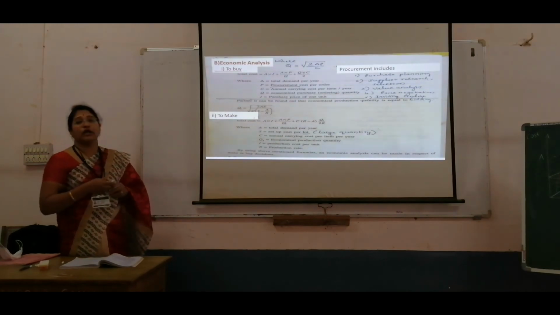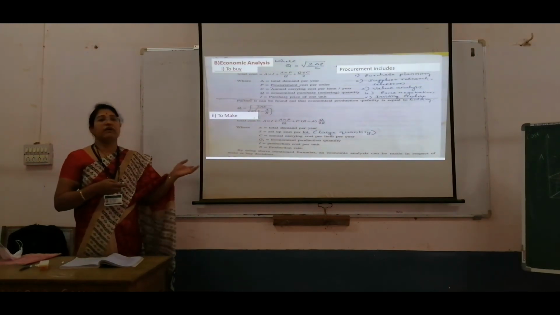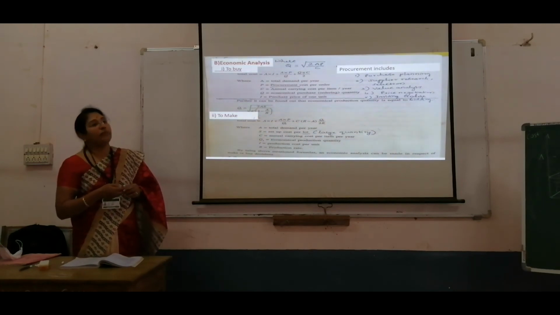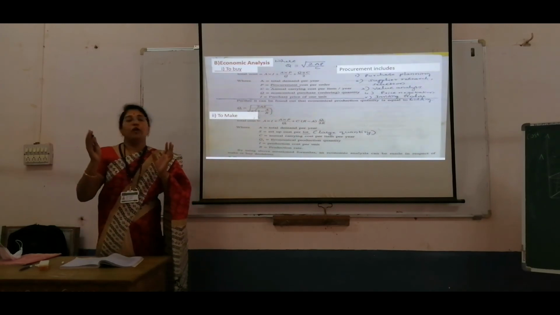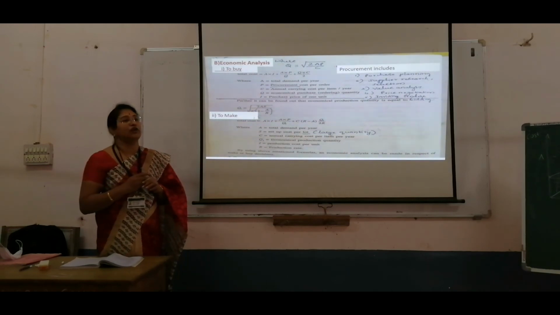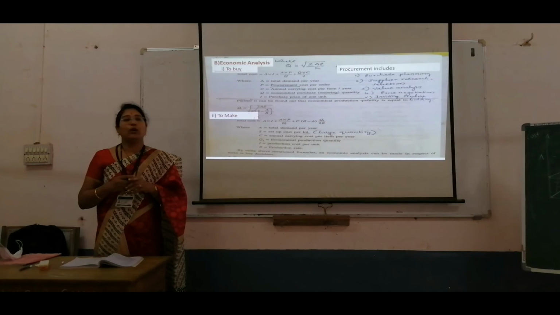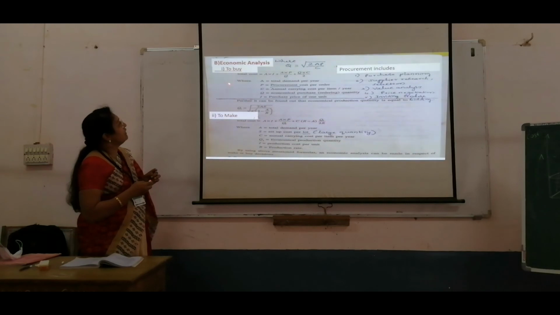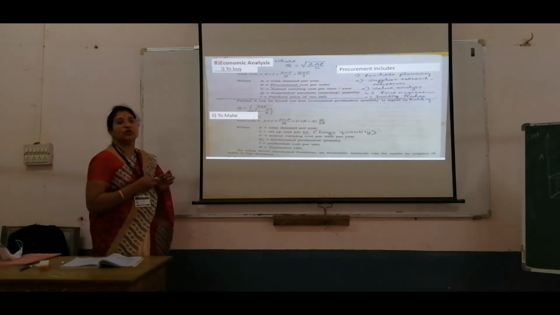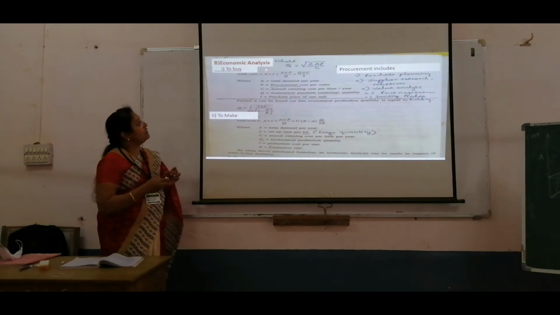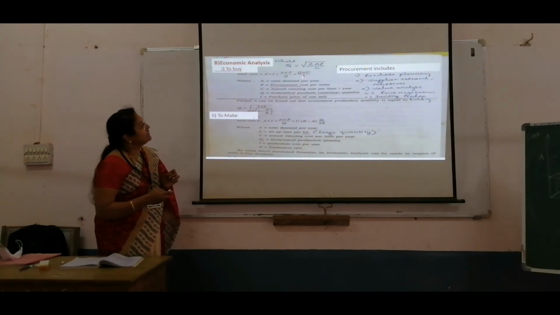The next method is economic analysis. This is given in a different book, Srinivas. Just refer to this carefully. Here the economic analysis includes formulas. You should understand and remember the formulas for calculating the total cost for making and the total cost for buying. First it is given for buying. To buy, what is the total cost? The formula is A into I plus A into P divided by Q plus Q into C divided by 2.